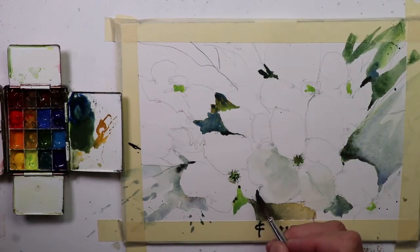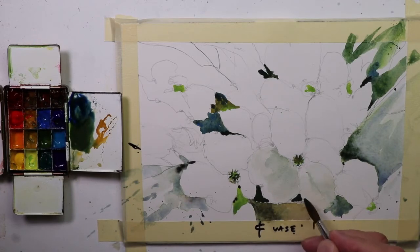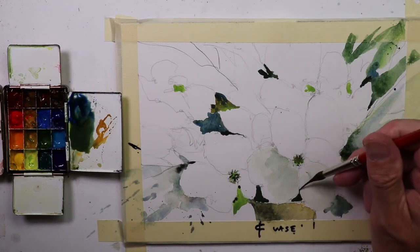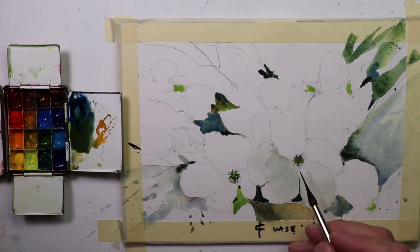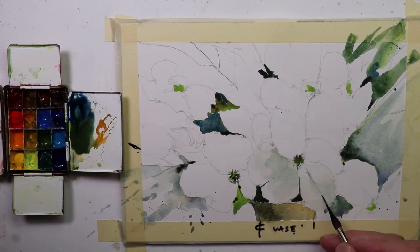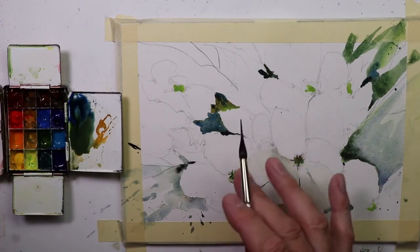All right, so now we're going to get a dark in here. Again, so a few more darks. And then you'll see I'll kind of start doing a little bit of the petals here. Try to get those petals to the metals. And if you start to look at your painting